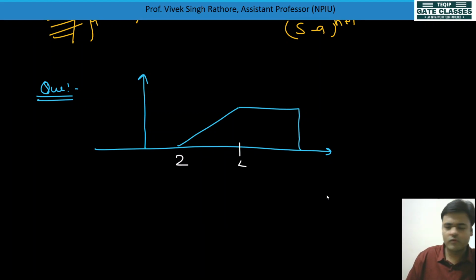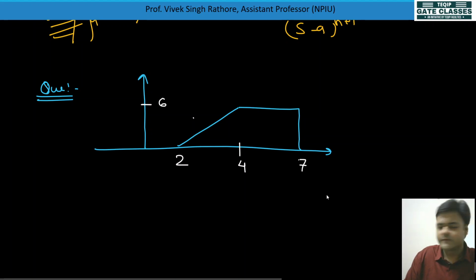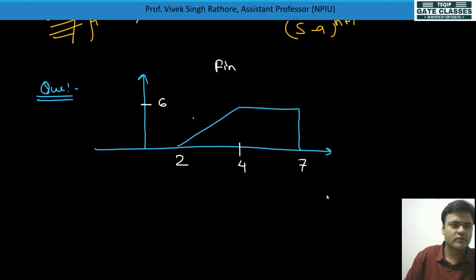This is 2, 4, 7 will be there, and this value is exactly 6 now. And this slope you can find out, no problem with that. So what you need to find out: this is in time domain. So find out the Laplace transform for this